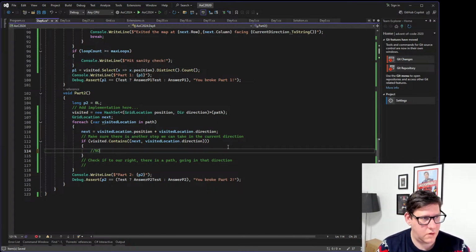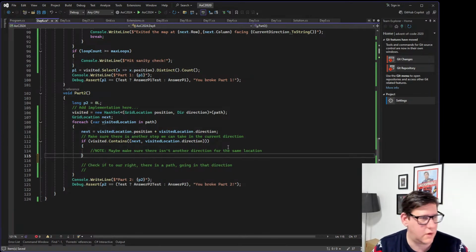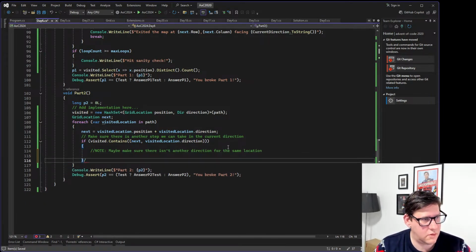Note, maybe make sure there isn't another path direction for the same location. I think that might be an issue, but I'm not 100% sure, so I'll just move on for now. So if this is the case, we need to